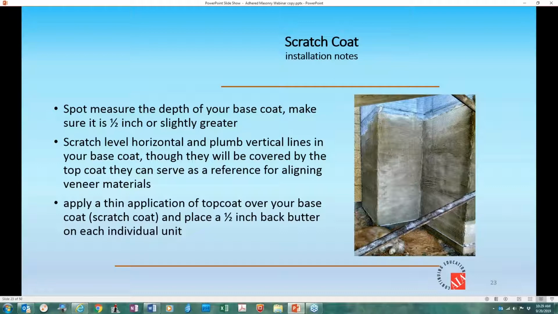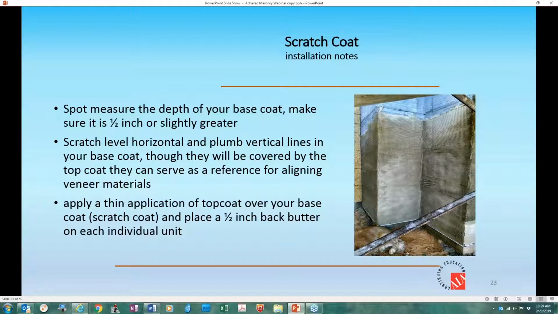One of the things I like to do, and I do a lot of stone installation myself, is when I'm scratching it, it's like a little garden rake. I'm cutting grooves in, as you can see in the photograph here. And what happens is that increases the surface area for your bonding of your units. Every once in a while, I like to put a vertical scratch and a horizontal scratch on a level and a vertical plumb